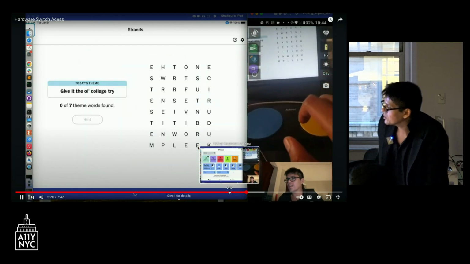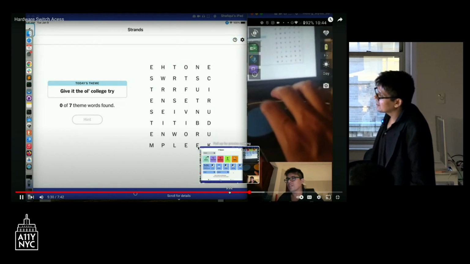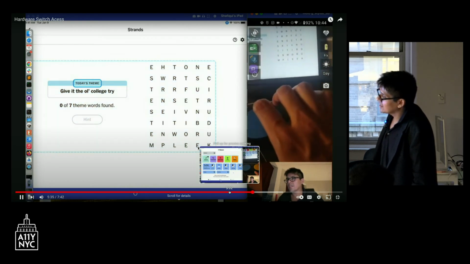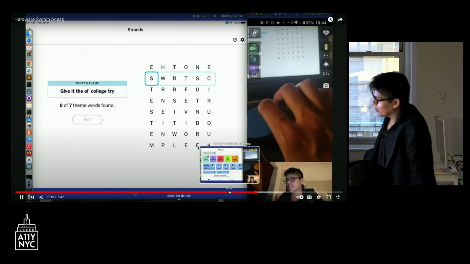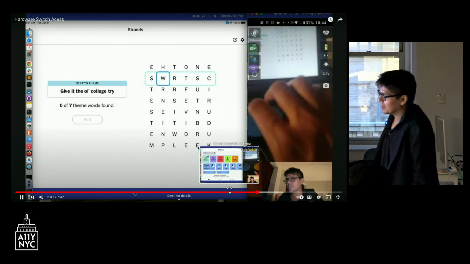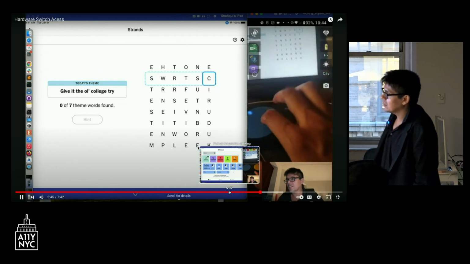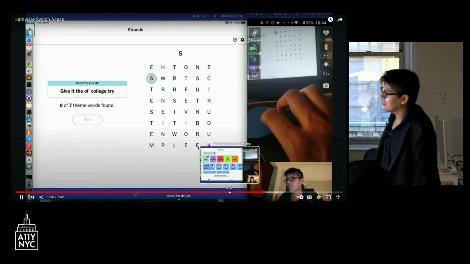So I'm using the hardware switch to play Strands, which is our newest game. Now I'm going to select the board. So the entire board group gets selected. And now I can select rows. It's almost like a video game controller. I'm going to select the letter. It's something that you get used to. It takes a little while, but I'm going through each of the rows, selecting each of the rows as a group, and then selecting each of the letters.